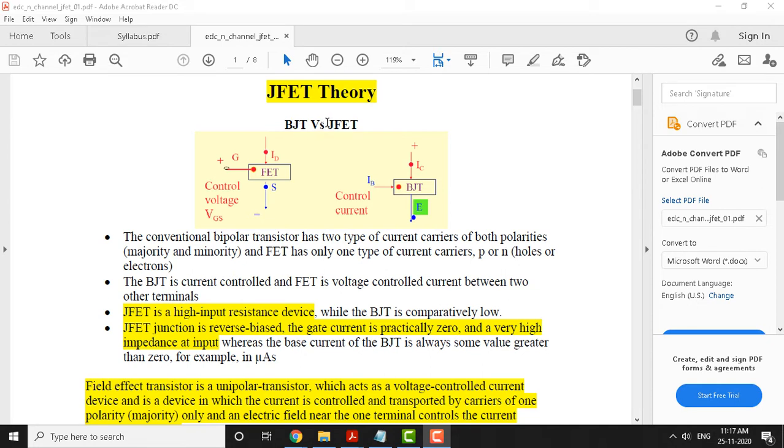There are several other good things about the FET. If you look at input impedance, output resistance, current gains, voltage gains, everything is good for the FET. Though BJT also has very good properties, the problem is the fabrication that pushed the BJT a little downward compared to the FET.